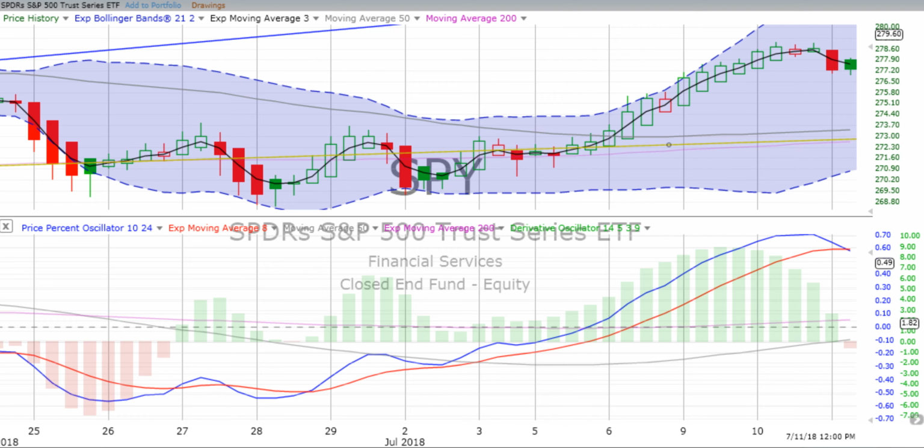Occam's razor, which is keeping things as simple as possible because that's typically the best way to do things, applies. I have people ask all the time, why don't you use a volume indicator? Why don't you use stochastics? Why don't you use, on and on and on. We could have 1,000 indicators. The problem is that they all can lead to confusion. You can end up having too many things telling you too many things to do with too many indicators, and it just becomes confusion and you do nothing.